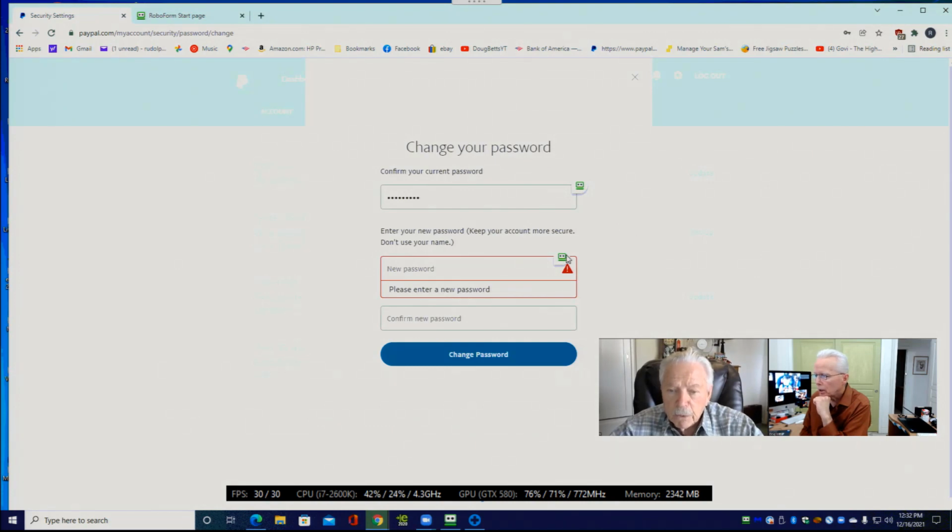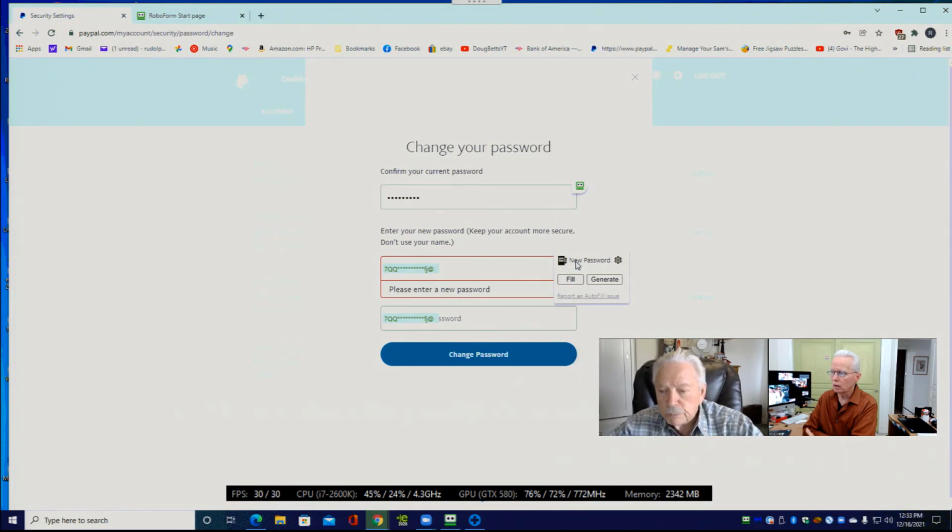Yeah. There may be occasions when you want to make up a password because if you sign into this account using your mobile device, are you going to have to type in that password manually? If you don't have RoboForm installed on your cell phone, then yeah, you might have to do that. Right. If you install the RoboForm app on your cell phone, that means you probably are occasionally going to have to type in the RoboForm master password. Oh boy.